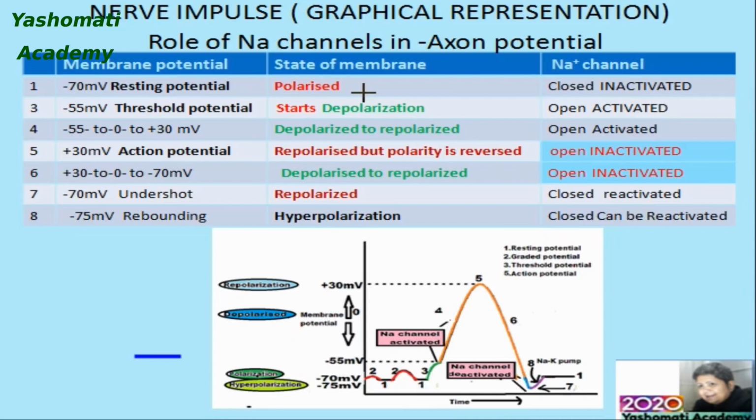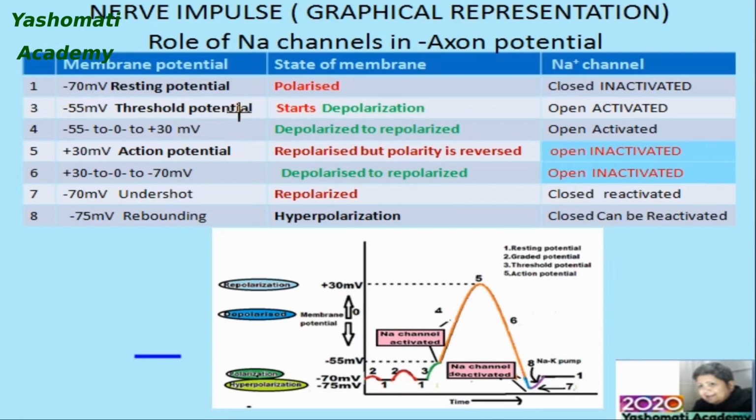That potential which exists in the resting cell is called the resting potential, whereas threshold potential is that potential at which the neuron is fired. This potential is minus 55 millivolt. This potential may be achieved when the stimulus is received, and because of that, positively charged ions move toward the inner side of the membrane. Because some charge is entering into the cell, the potential goes to minus 55 millivolt. At this stage, the neuron is fired.